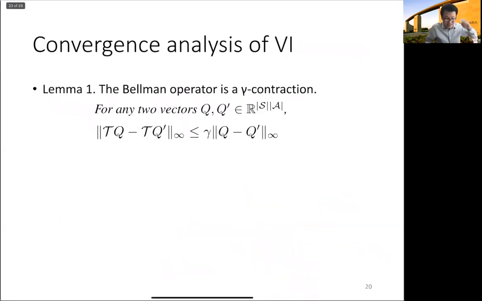So now let's analyze the convergence of value iteration. The first observation is that the Bellman operator is a so-called gamma contraction. By gamma contraction,